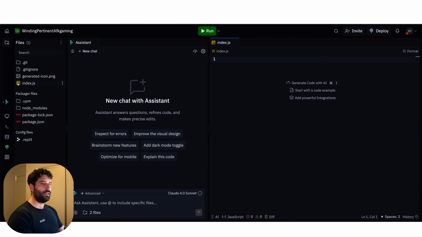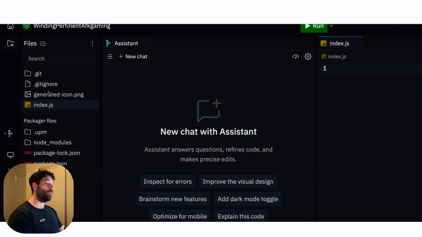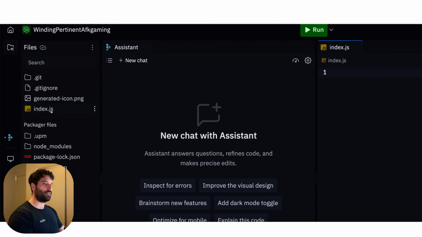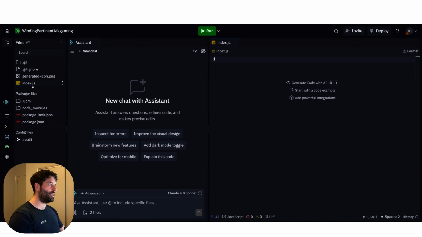But then if I click this button on the side, it's going to open up all the files for the app. So this is going to look a little bit intimidating if this is the first time you're seeing it. Don't worry about it. All you need to know about and just kind of consider is this index.js file. This is the main file for the app. It's like the office of the business. This is where all the main configuration files are going to be stored. And all we're going to do is create one more file called the index.html. And that's going to be that page that we publicly see on a website that we can interact with. And then basically using these two pages, we'll be able to build out this entire app that'll be able to